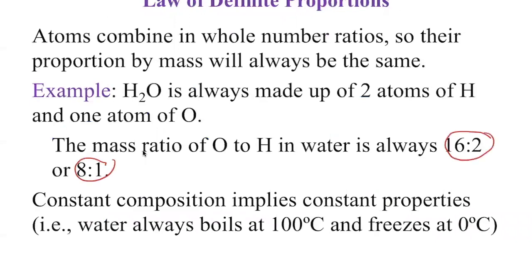Where does the 16 come from? The 16 is going to come from the mass. The mass of oxygen is 16, and the mass of hydrogen is 1. But since water is H2O, this is going to be 16, and 1 times 2 is 2, so it's going to be 16 to 2. Or if we reduce it, the mass ratio is going to be 8 to 1. So every time you have a ratio of 16 oxygen to 2 hydrogen, you're always going to have